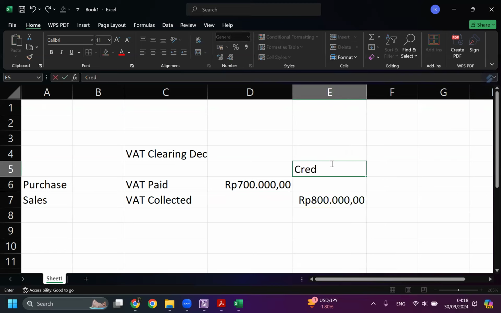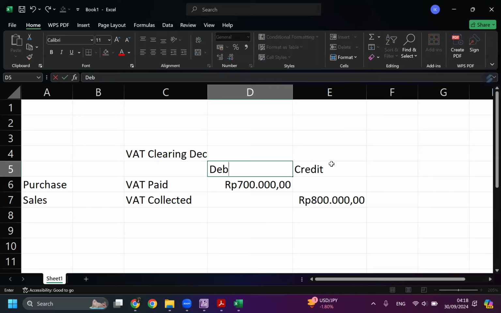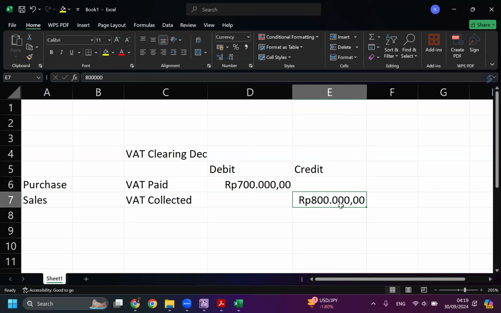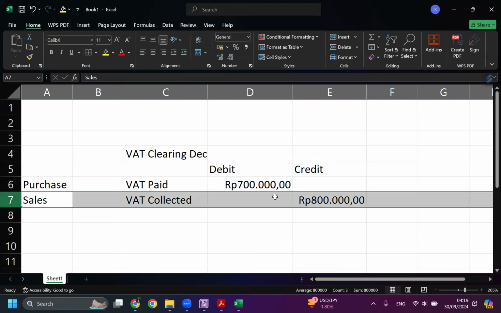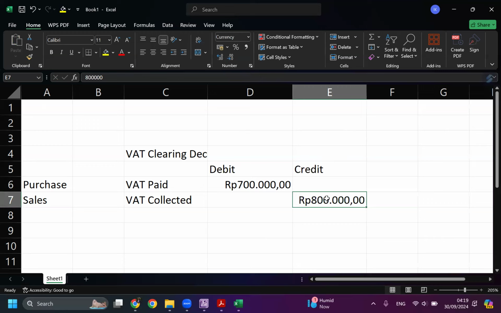Is it credit or debit? We can pay attention to only one side, I think. Usually VAT collected is our debt payable because we are going to pay it later. That's why it's located on credit.